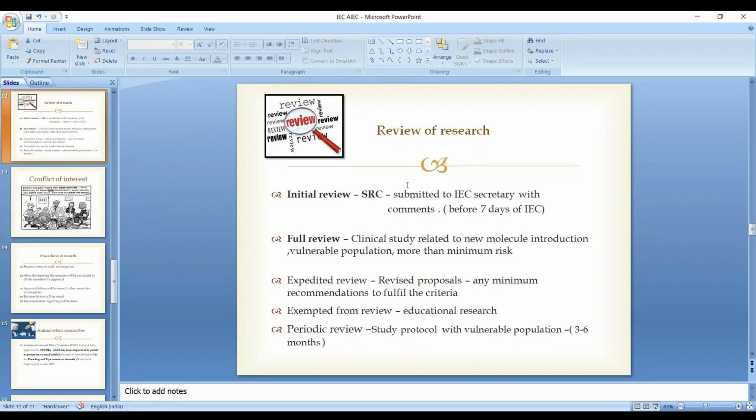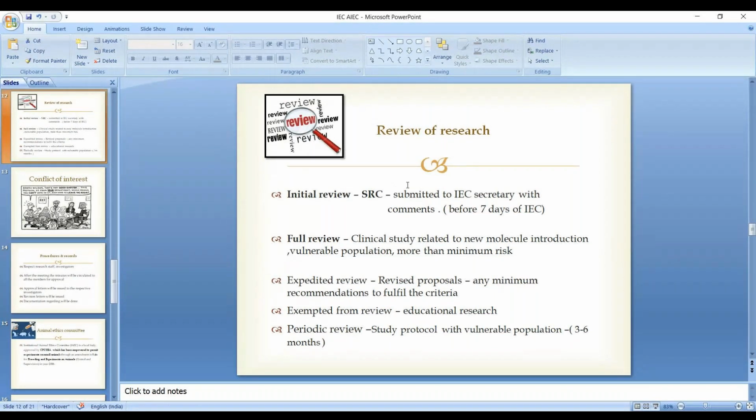Then another is expedited review. जैसे IC मीटिंग में बताया है कि मिनिमम करेक्शंस आते हैं, बस इतना कर लोगे तो हो जाएगा. और फिर like title correction is there. All the members decide that the title is not proper, it should be like that. So in place of assessment, it should be evaluation. Things like that. When sample size and methodology are not changed at all, in that condition it is reviewed by only the secretary and chairman level. This is known as an expedited review.